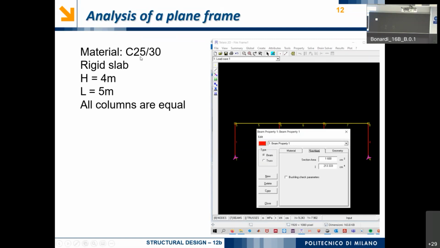Here we have the material, C2530. We will see what this number means in the second part of this lecture. And in this case, the slab represented by the beam is rigid, and all the columns are equal. So okay, we don't need to use TLGD in order to understand how to model geometrically this structure. The only important thing is